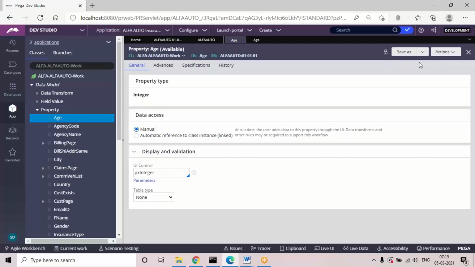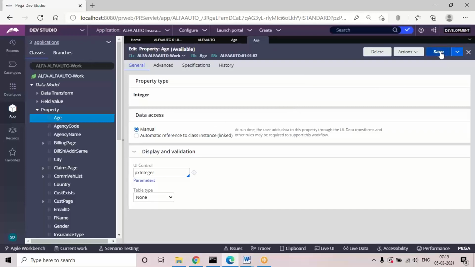But previously, when the version was not locked, we used to get the save button directly. If you remember, before locking this version, whenever we opened any rule we got save by default, so we could directly open the rule and save it. But if a rule set version is locked, we only get the save as option. So we need to move the rule to the latest version, make any changes or modifications required, and then save the rule.